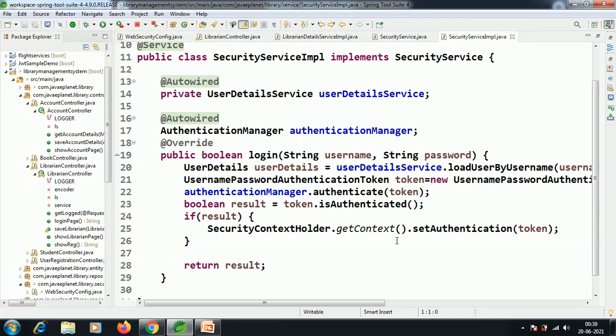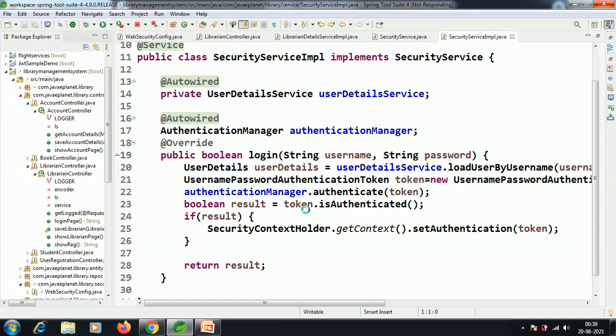And after that, if the authentication is true, the username password authentication token object, we have taken the reference variable, and we are authenticating it.